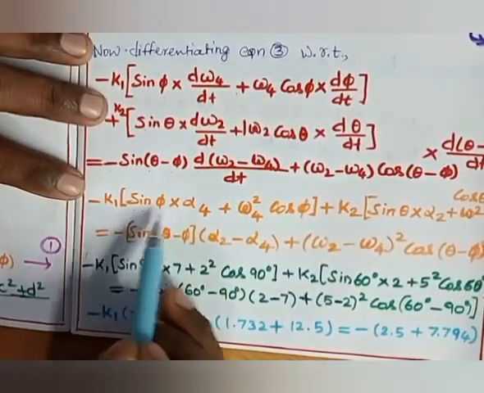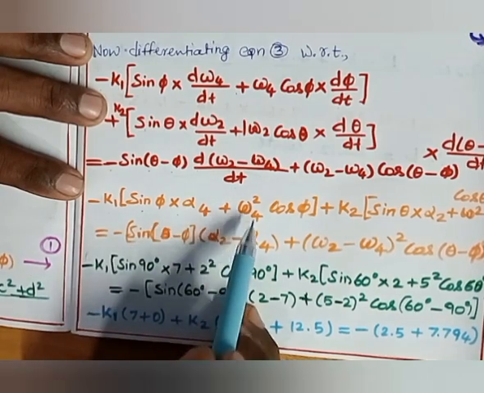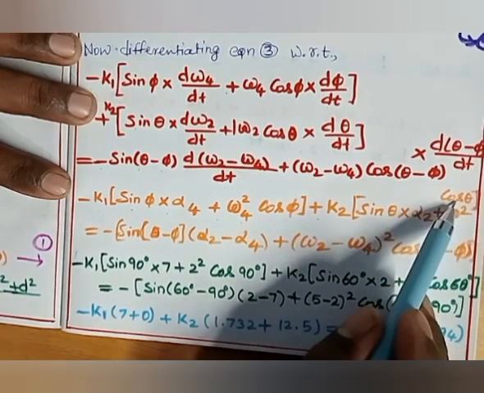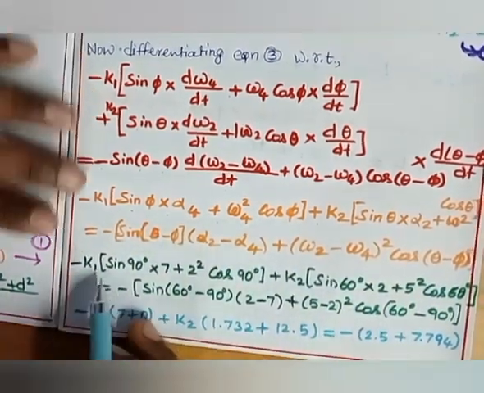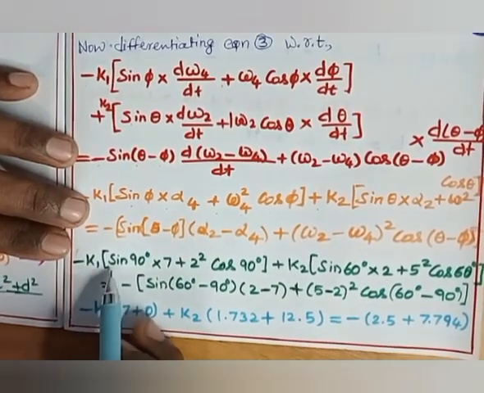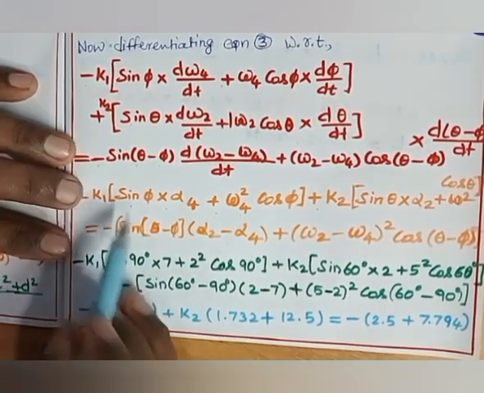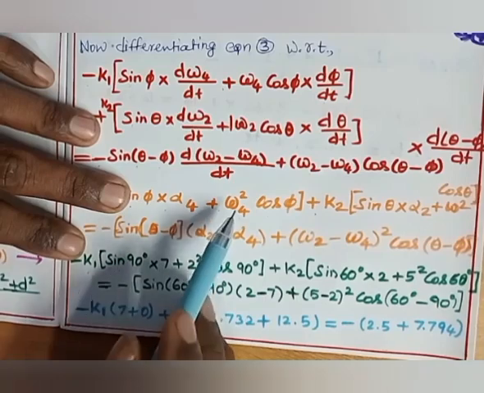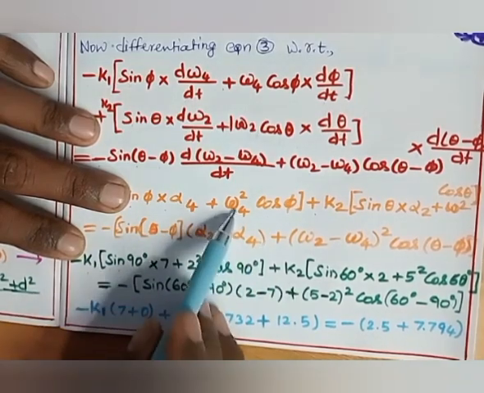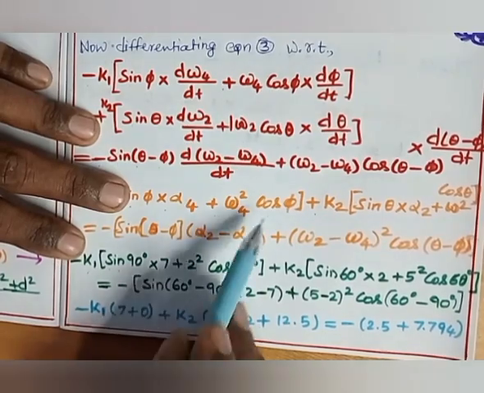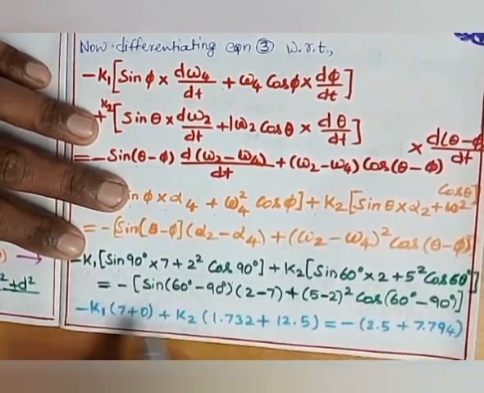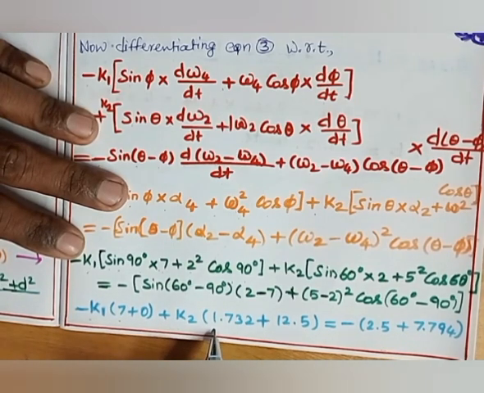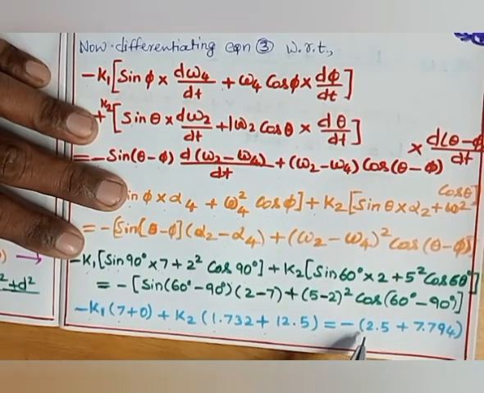So minus k1 into sin phi into alpha 4 plus omega 4 square cos phi, plus k2 into sin theta into alpha 2 plus omega 2 square cos theta. So you work out all these things, we got minus k1 into sin of 90 degrees into 7. Just you put phi equal to 90 degrees and alpha 4 equal to 7, and omega 4 square equal to 2 square, cos phi equal to cos 90 degrees. Just you put all corresponding values. We got minus k1 into 7 plus 0 plus k2 into minus 1.732 plus 12.5 equal to minus 2.5